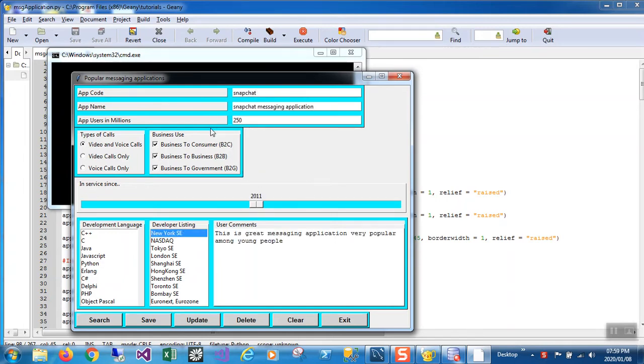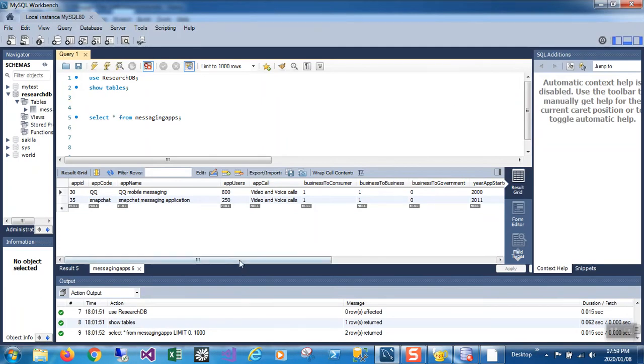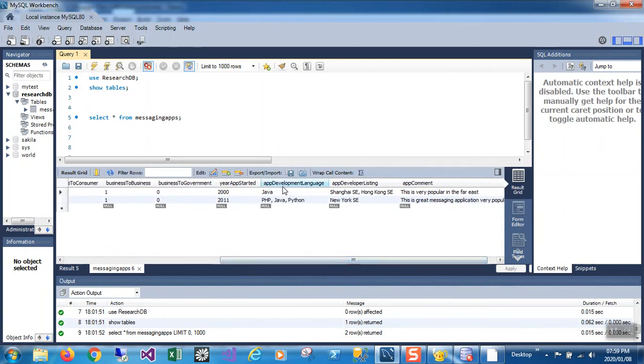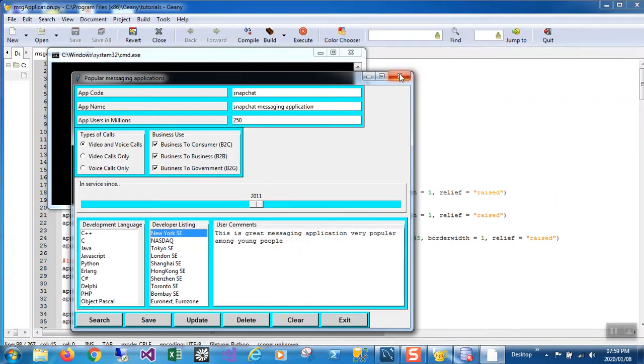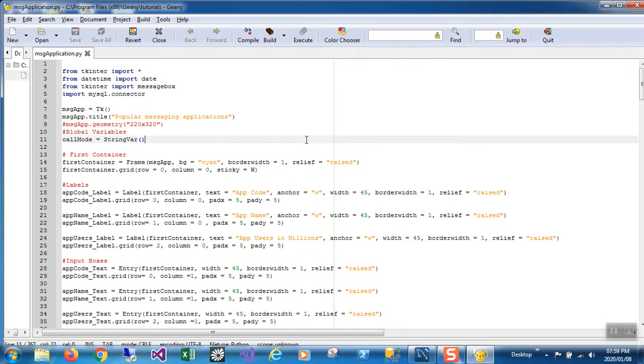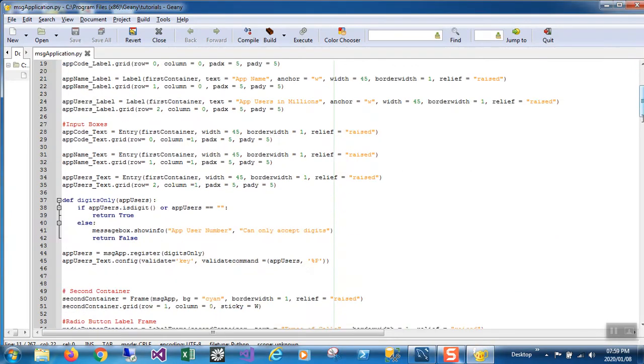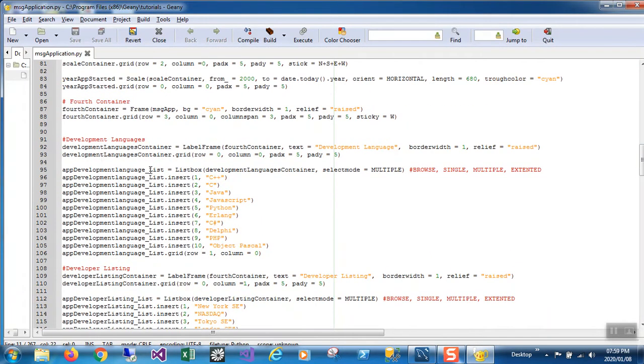Okay, we are able to get this, but then there's an anomaly here. We are not getting the language that was used for development. We are getting these two. So if we check the database, both of them have got languages. So we just need to change a few things and then it will be fine. But before we proceed with that fix, just to be consistent,